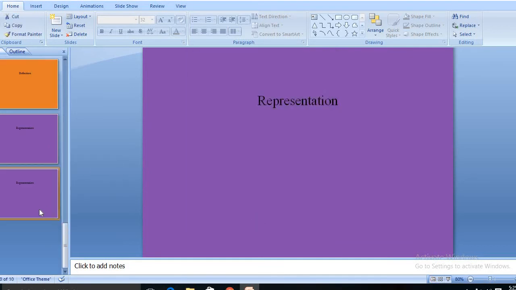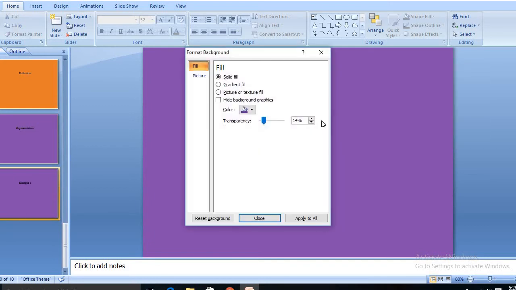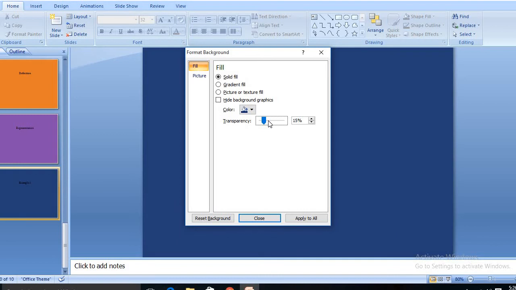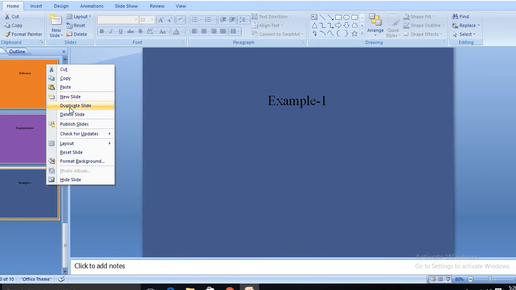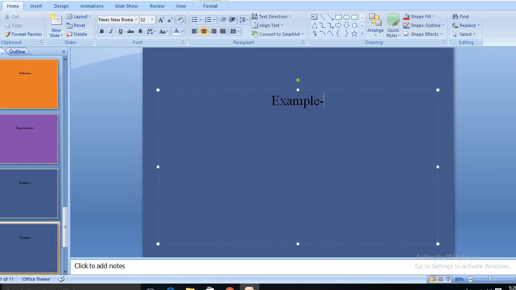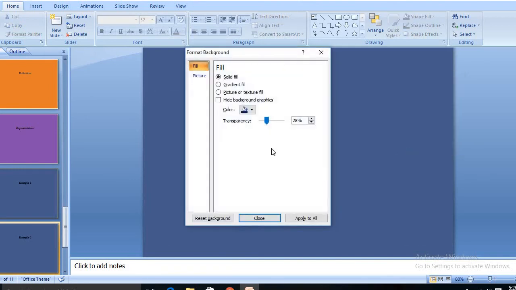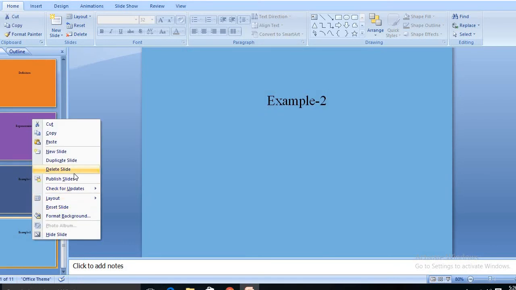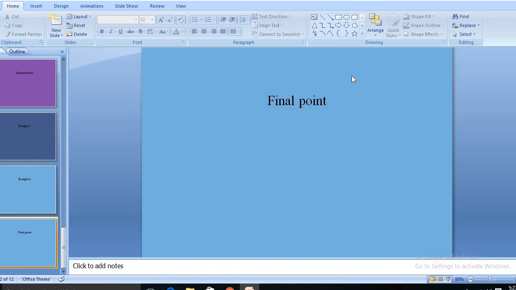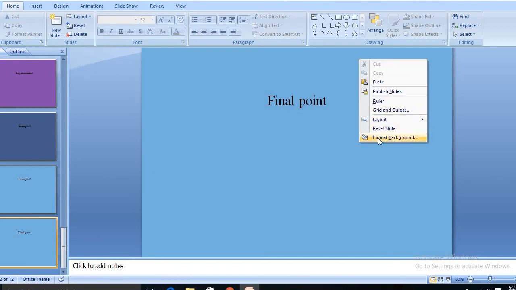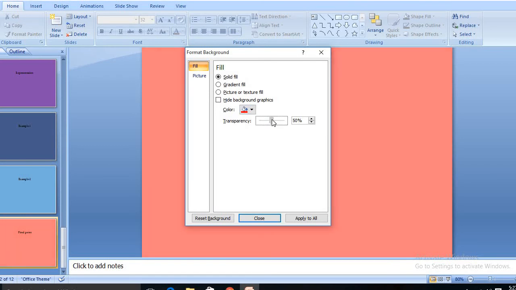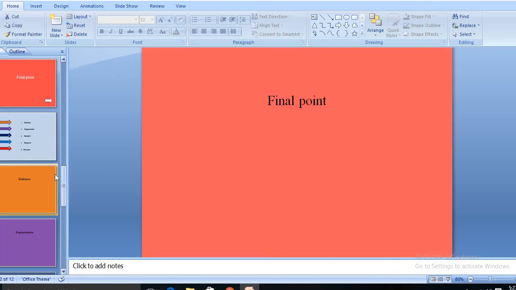Next duplicate this slide. After adding all the slides, this is the first slide.